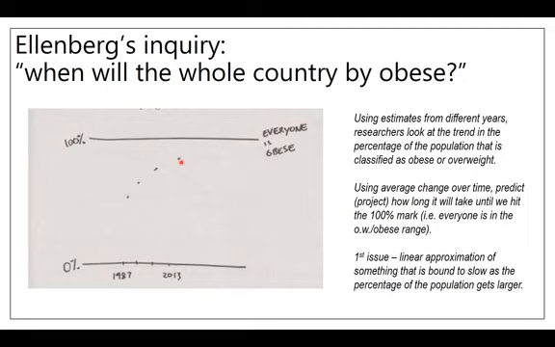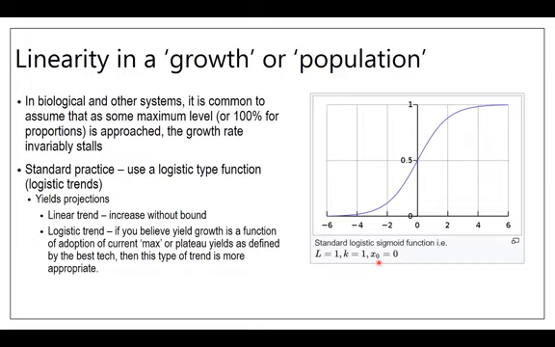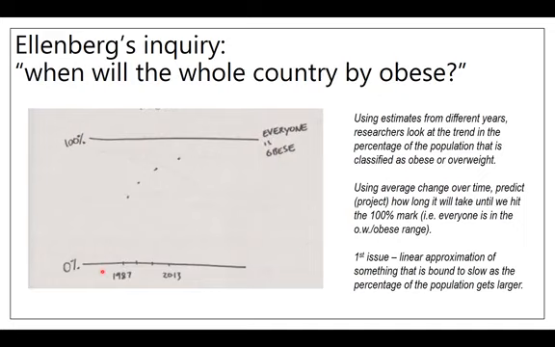or overweight is growing, and they take those measures, and these are little cutesy drawings from his book, and they plot out a few of those, and they say, well, let's just project off of that, and eventually everyone's going to be obese. So how long would it take? The first issue that Ellenberg takes issue with is putting a straight line